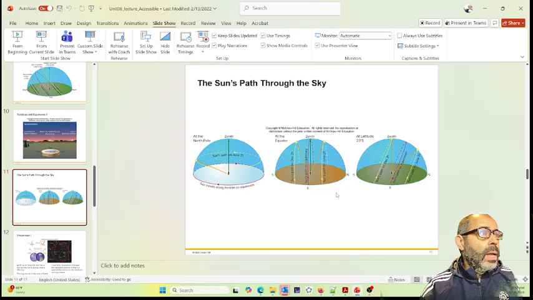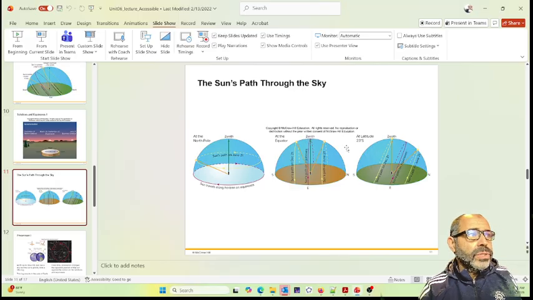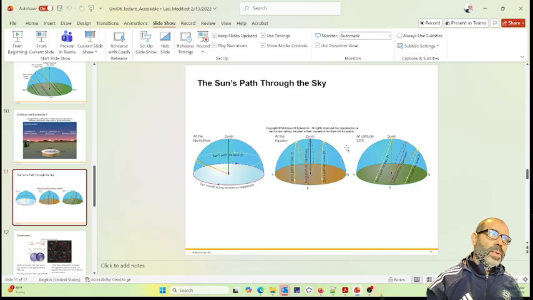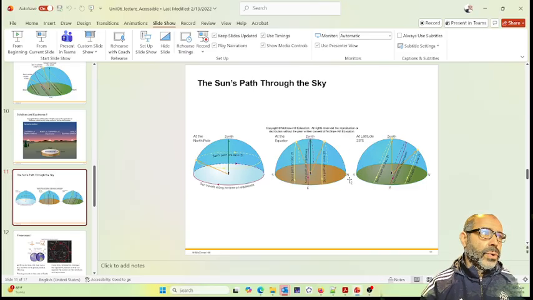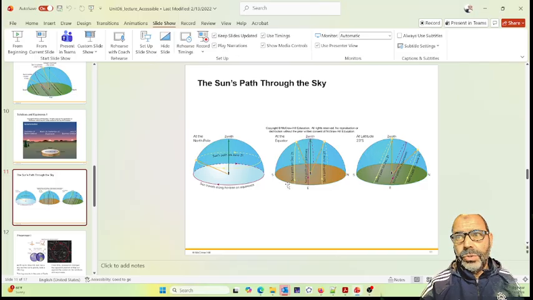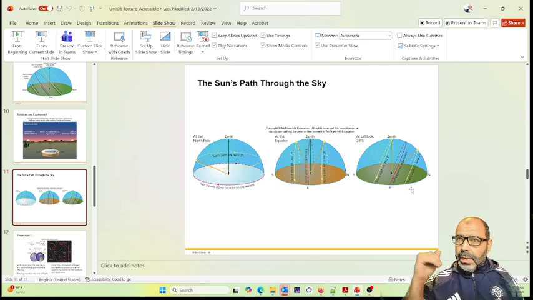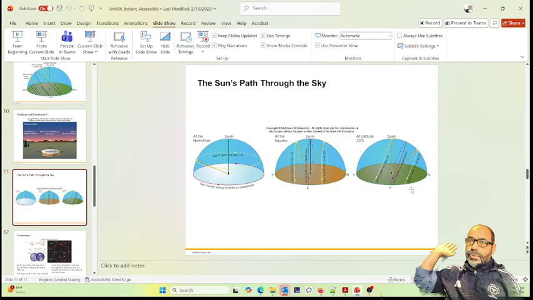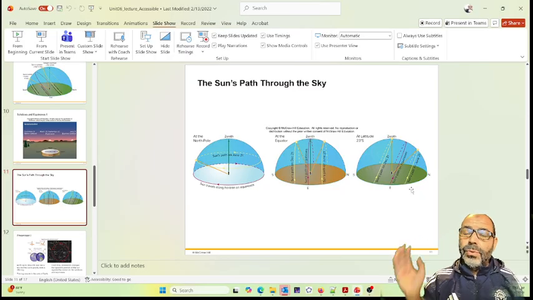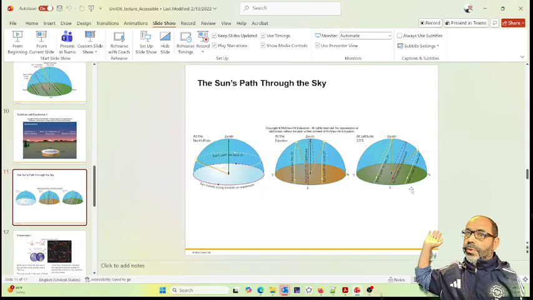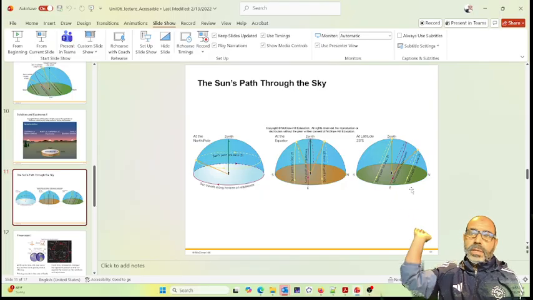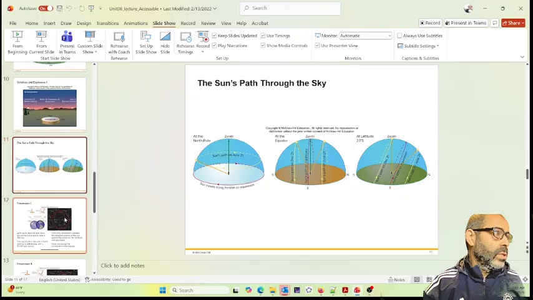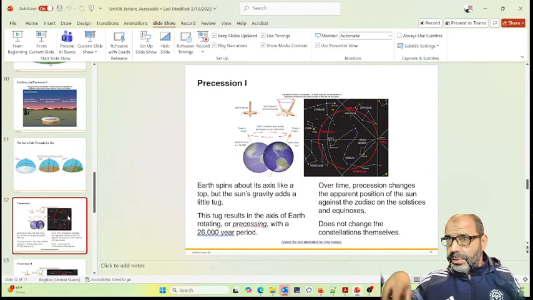Okay. If you happen to be at the equator, again, the position of the sun is below the equator or south of the equator, and it's further north in the summer and further to the south in the winter. And if you happen to be way in South America, for example, the sun most of the time is in the northern skies, and it again dips up and down. Okay, I hope that this point is clear now, and of course this does not prevent you from doing the